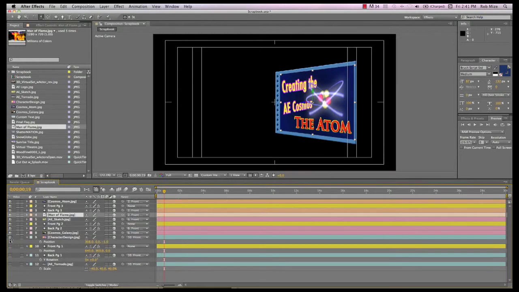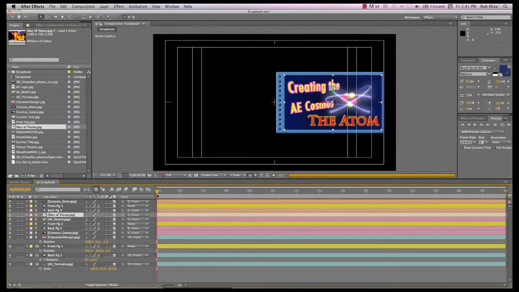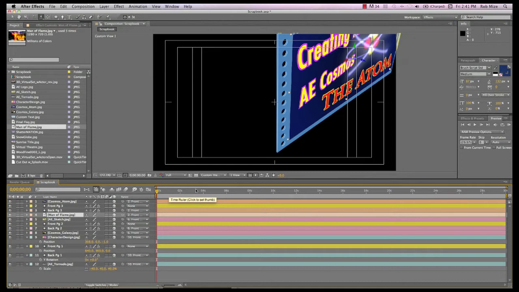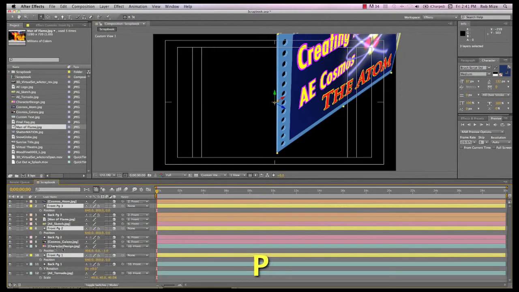Now if we have all these layers visible, we aren't seeing them all because they are all in the same Z-space, and we need to separate them. So let's look at our yellow or our control layers. Hit P to reveal that position parameter. And let's think of page 3 as being our reference in 0 space.